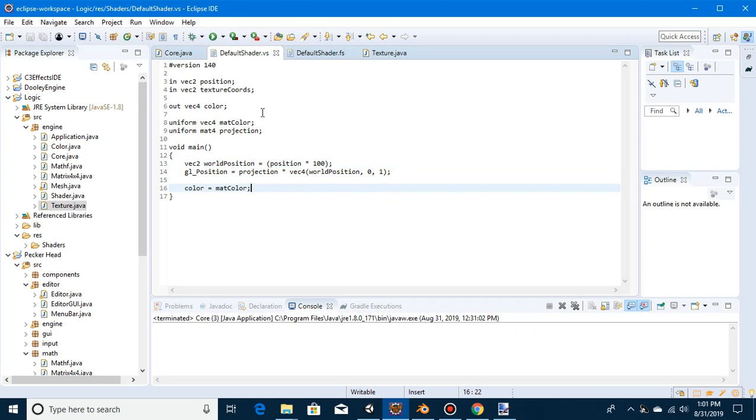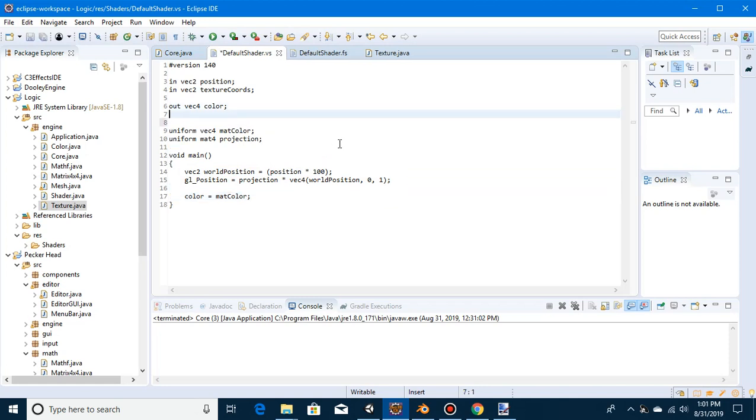All right, so what we need in here is the ability to pass out the UV coordinates. So we're going to go out